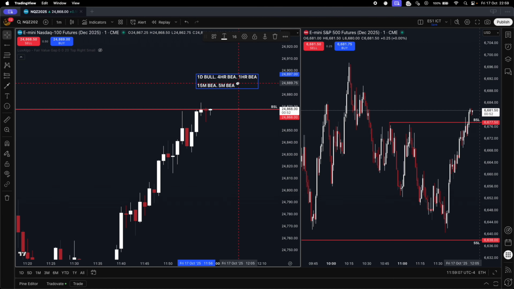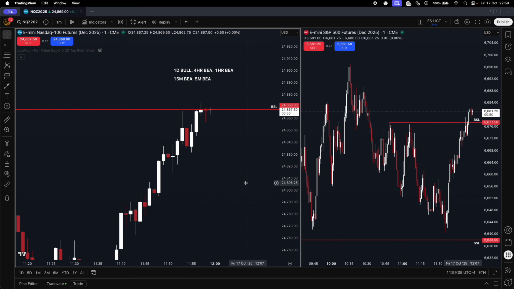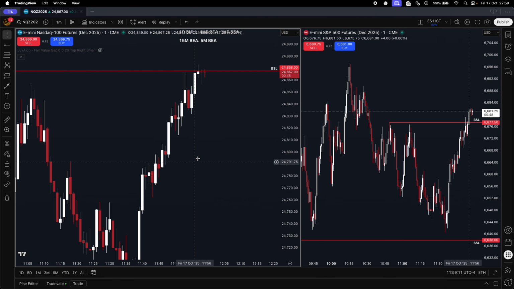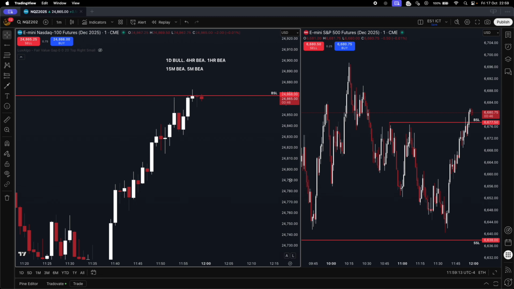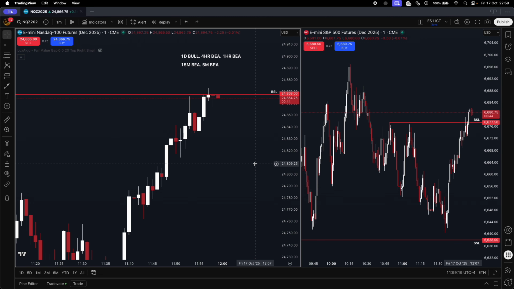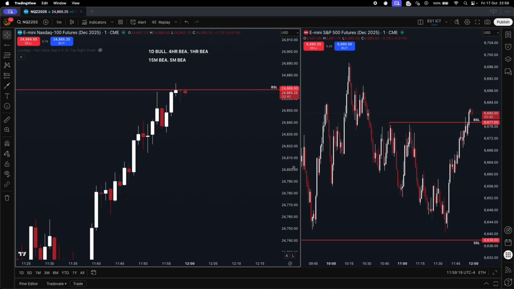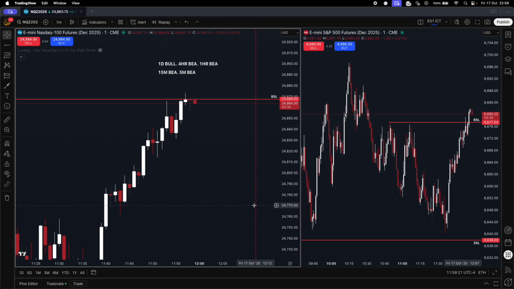Alright, perfect. So as of now, we have a bearish bias, a sweep of buy side. So now we're going to look for a shift in market structure lower, to see if we can support an opportunity for shorts in the second half of this lunch macro. The 1 hour is bearish from the 1 hour bearish gap to the left.